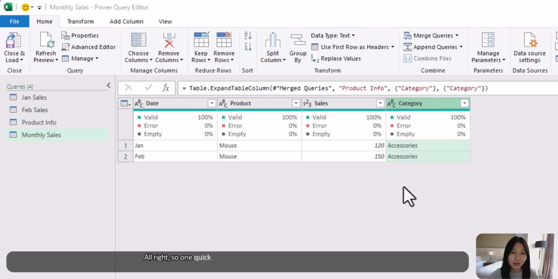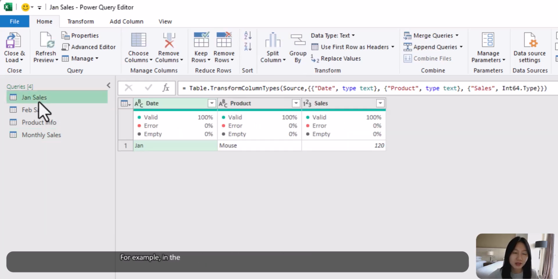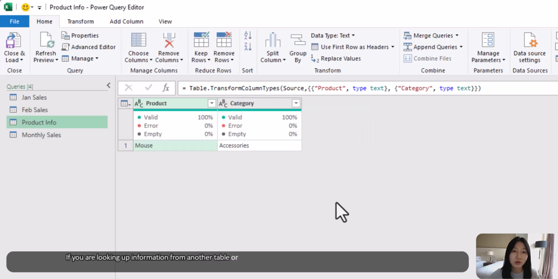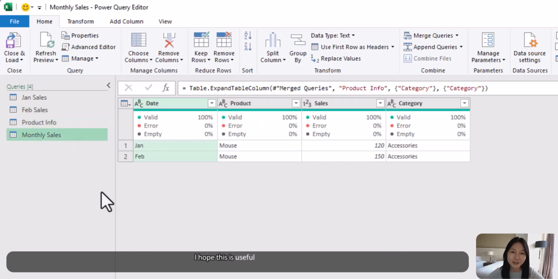All right, so one quick rule. If the table structure is the same, for example, in the January and the February, those columns are the same, then you use append. If you are looking up information for another table or you are expanding your table, then use merge query. I hope this is useful for you,